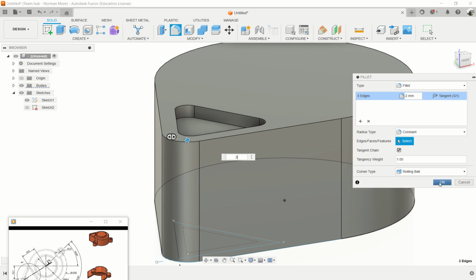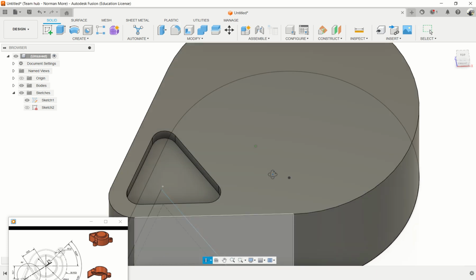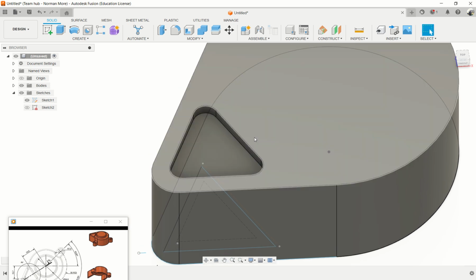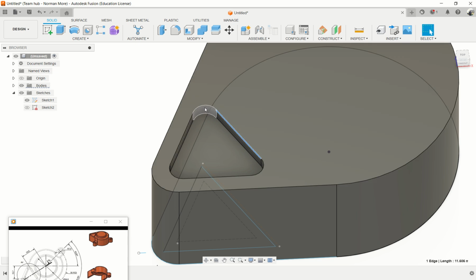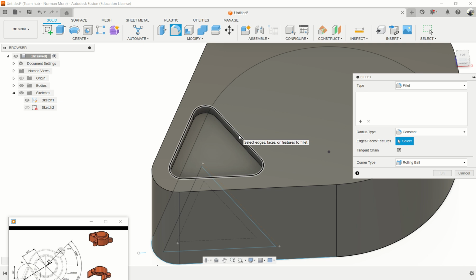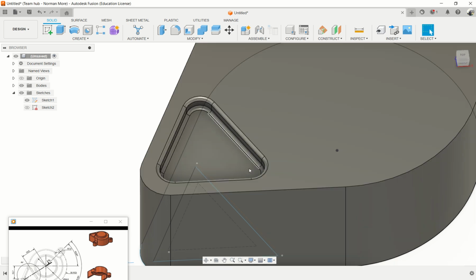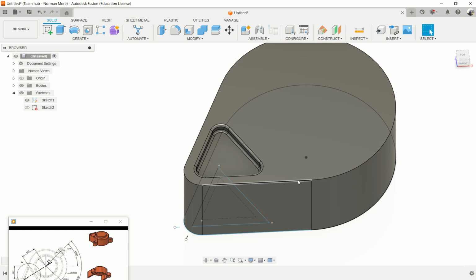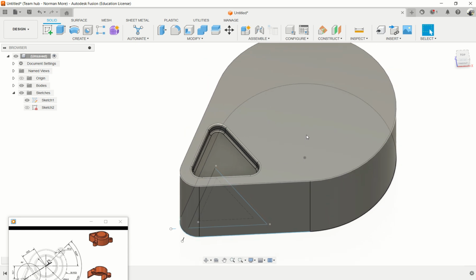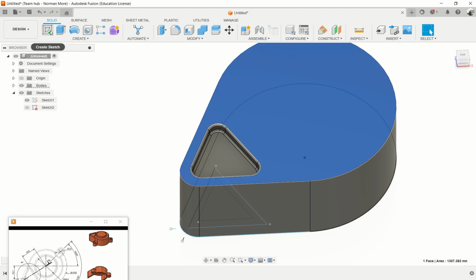That is now our pocket. I'm going to do 0.5. Another fillet, 0.5, and that finishes that top part. So everything seems to be okay. I go to here and